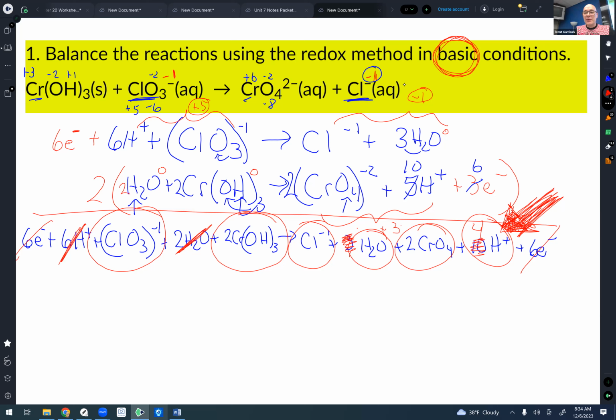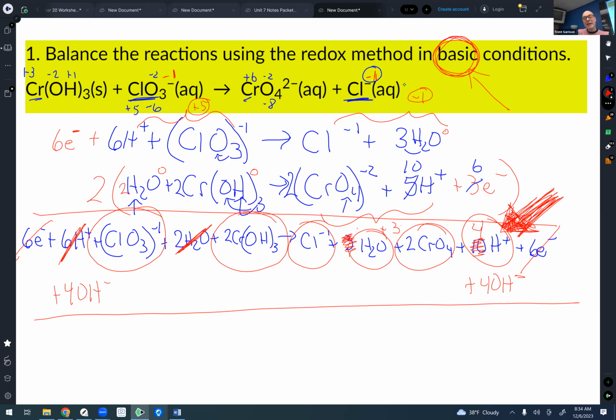We add 4 hydroxides to both sides. So now my final answer, when it's in a basic condition, is I'm going to eliminate these hydrogens over here by adding 4 hydroxides. But if you do that to the right side, you've got to do that to the left side. So my final answer would be 4 hydroxides plus ClO3 minus 1 plus 2 Cr(OH)3 produces Cl minus 1 plus